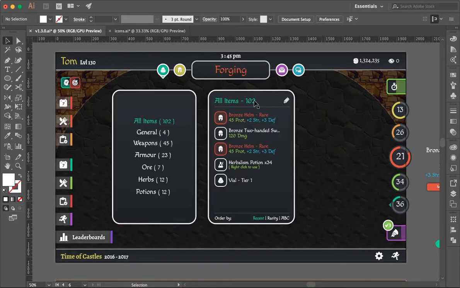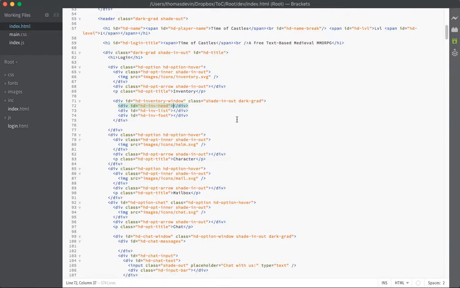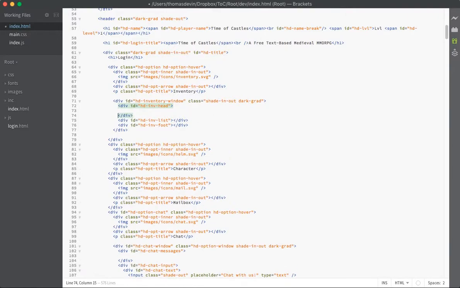So now what we want to do from our design is just add a title here, and this is actually going to be the number of items that are in that specific category. So in that case, like 102 items you have in your inventory. So we're just going to jump back into our HTML page, and in the head we're just going to define, in this case, an H3 tag and put in our "All items - 102"